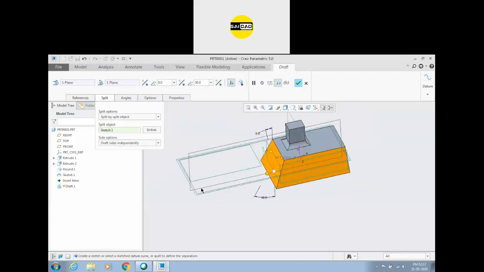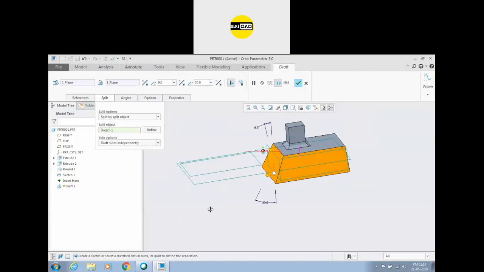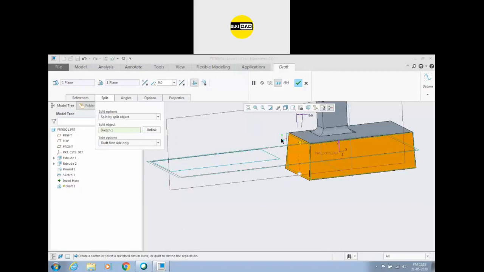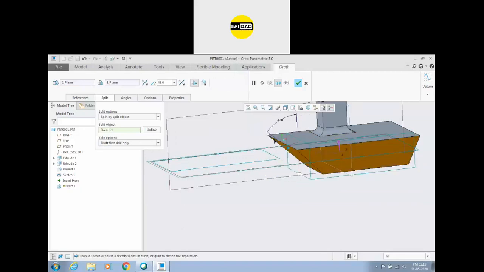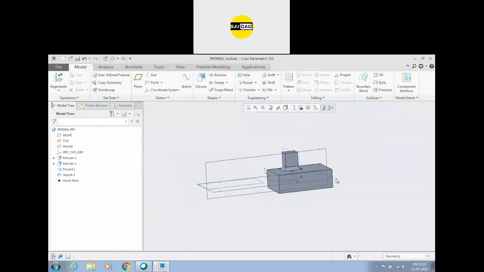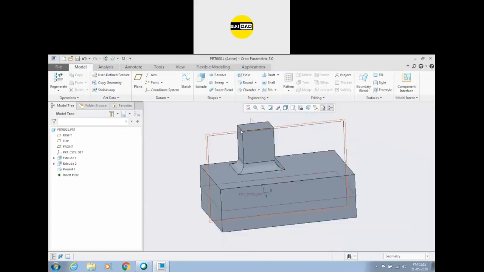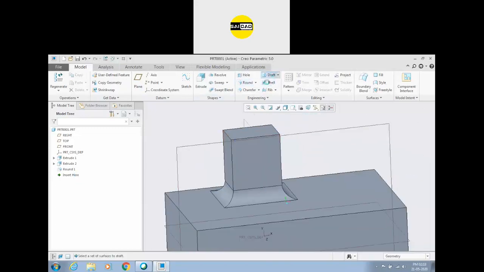We can create a sketch here, or we can select the face like that. It's not working. I'm going to create another sketch. I'm going to create it. So going to draft this face now.